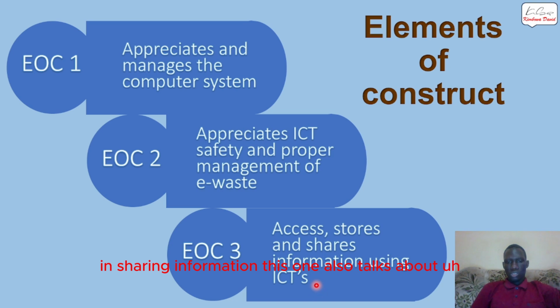This one also talks about using offline means of sharing and accessing information. For example, you can access information offline using Encarta Encyclopedia, an application that you can download on Google, install on computers, and people can search information from there and share it with others using a number of means. Those are the 3 elements of construct involved in paper 1